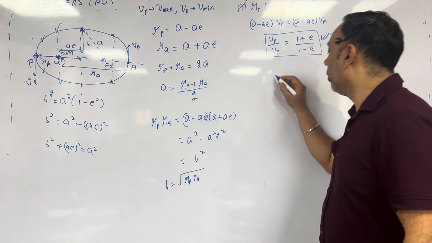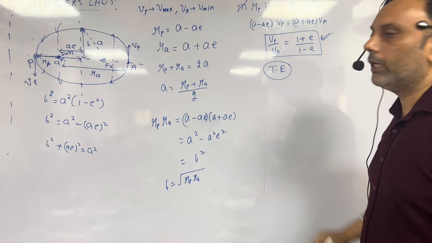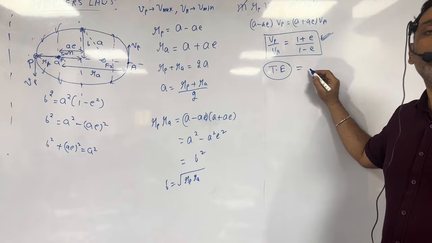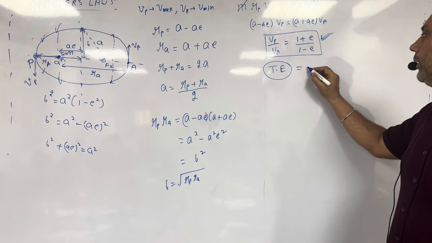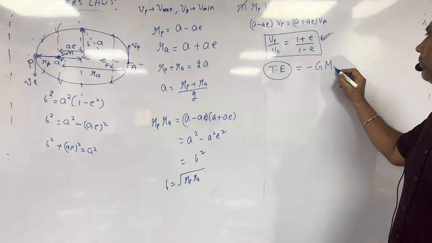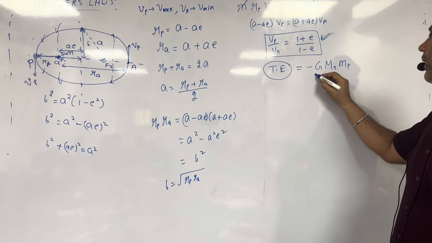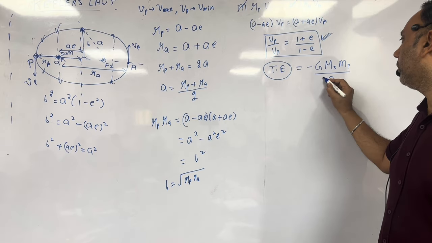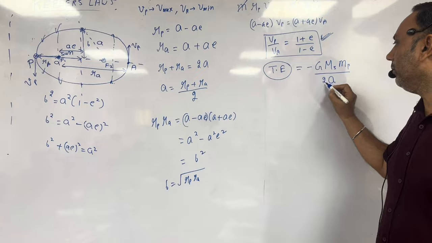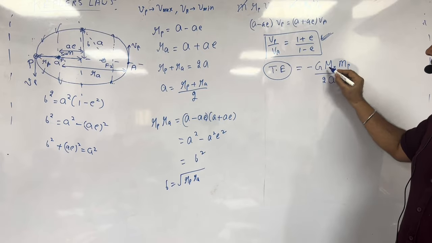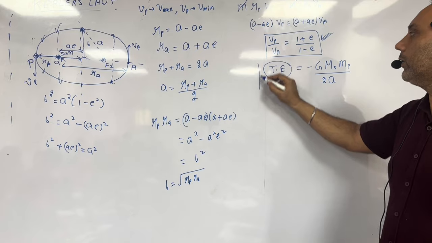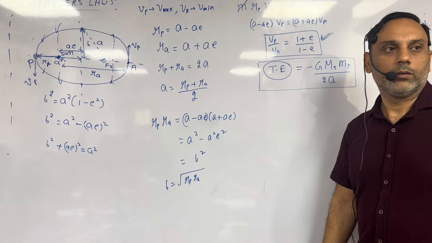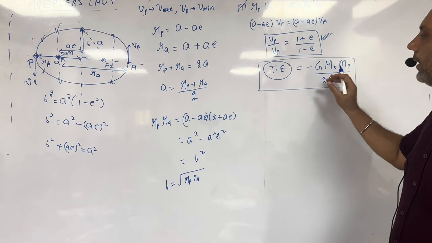Okay. So the total energy of a planet I want to calculate. First of all, let me tell you the formula that you have to remember, and then I will derive it also. The total energy will be minus G mass of sun, mass of planet, divided by 2A. That you will miss, so you should not miss it. G m1 m2 by 2A. So that is the total energy of a planet. Right? No exceptional case. So you should not forget this, beta. I can derive it for you.